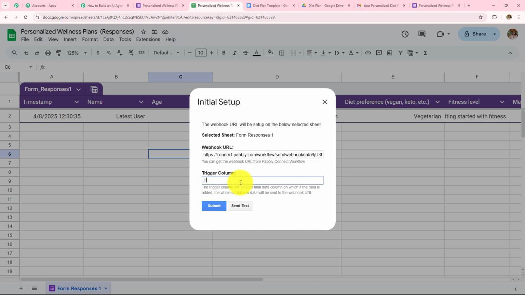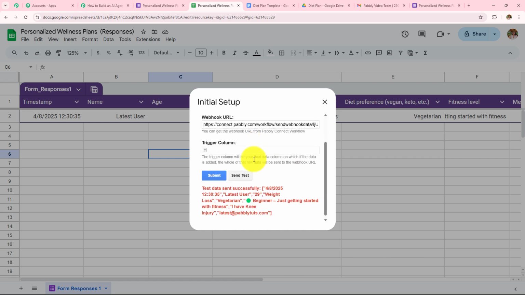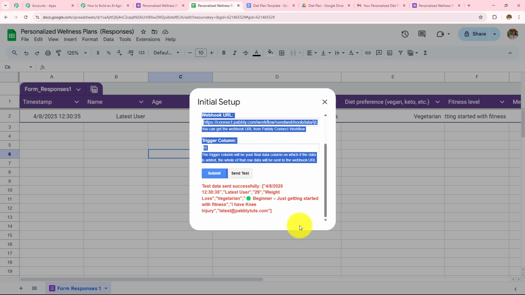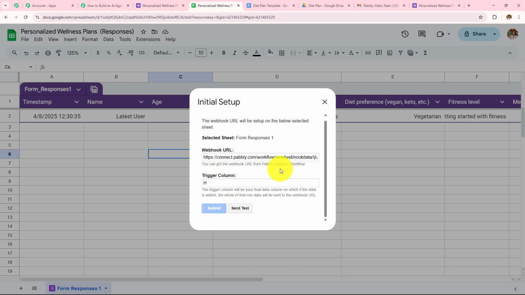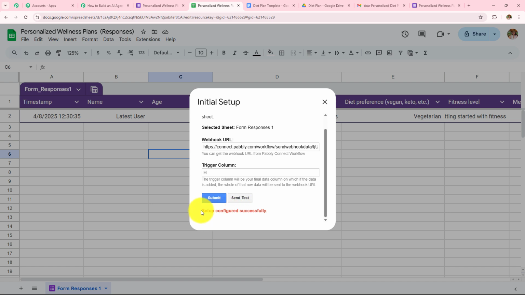This says that as soon as the data is added in this particular column, the complete row data will be sent to Pabbly Connect. So here, after adding the webhook URL and the trigger column, I am going to click on the send test button. Here the test data was sent successfully, and now to make this setup configuration, I have to click on the submit button also. Here the setup configured successfully, which means this particular Google Sheet spreadsheet is connected with